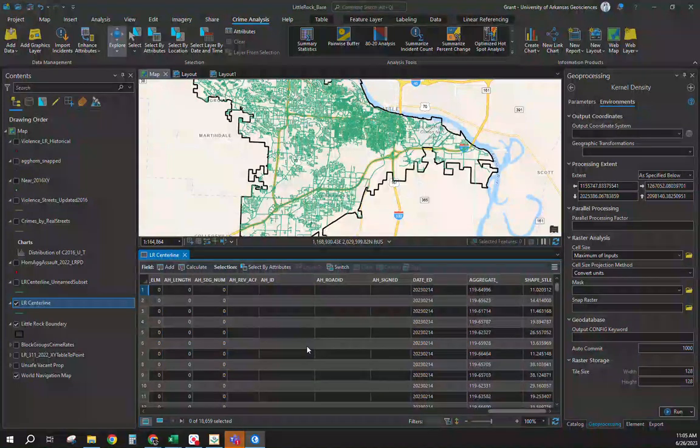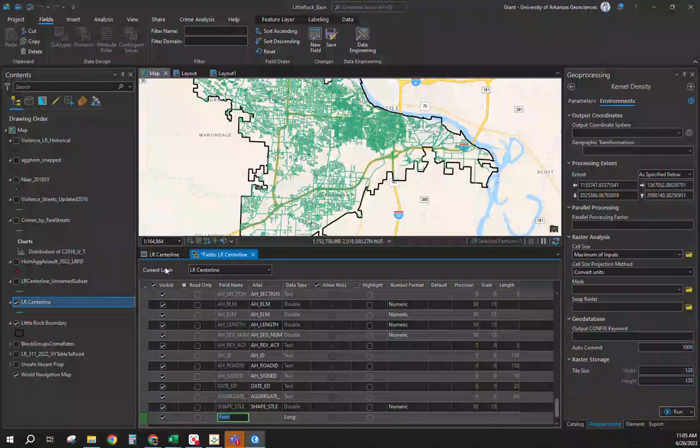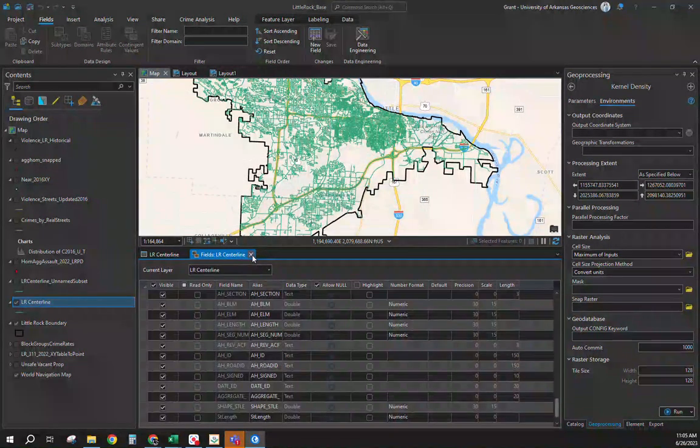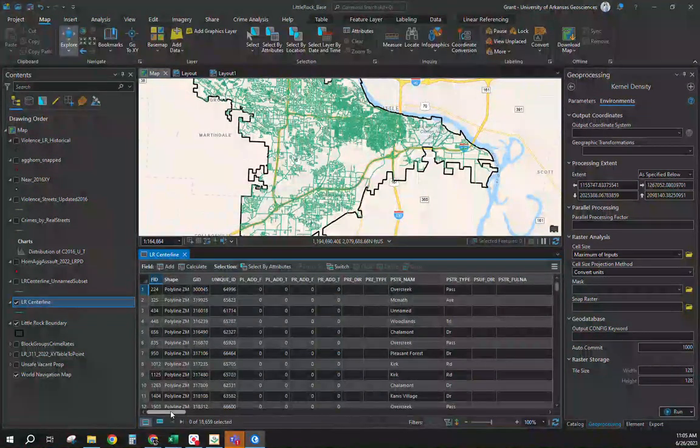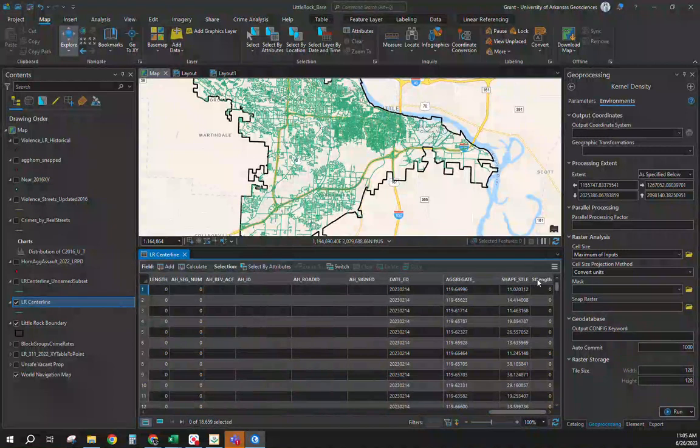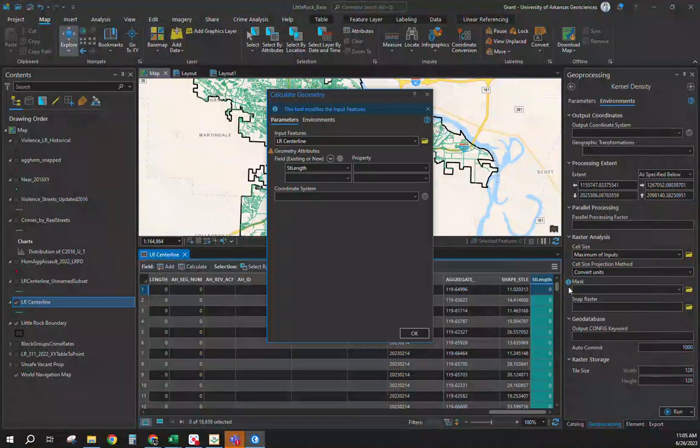So what we're going to do is a bit different. We have 18,000 roads. We're going to add street length at the end. Keep this one as a double as well, because we want those decimal places. Hit save here. And when we hop back over into the full street center line, we're going to calculate this geometry. And truly, we want it to be length this time. So we keep it as length, and the units here we're going to do as,